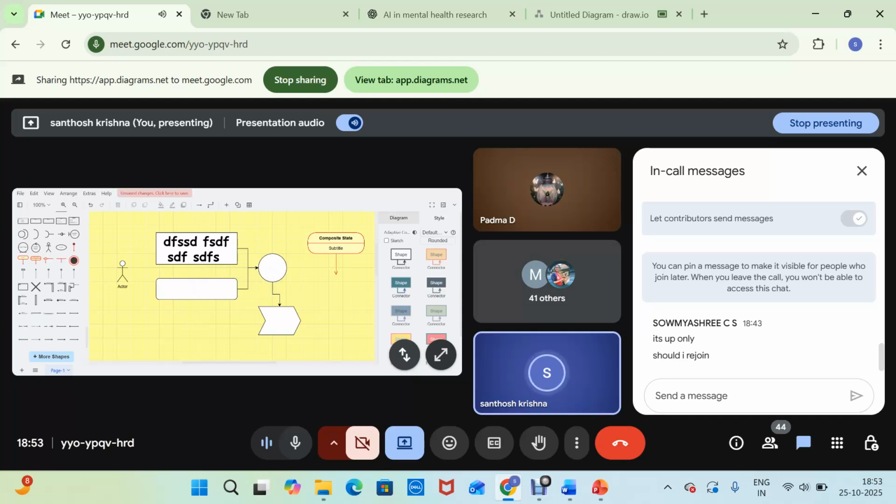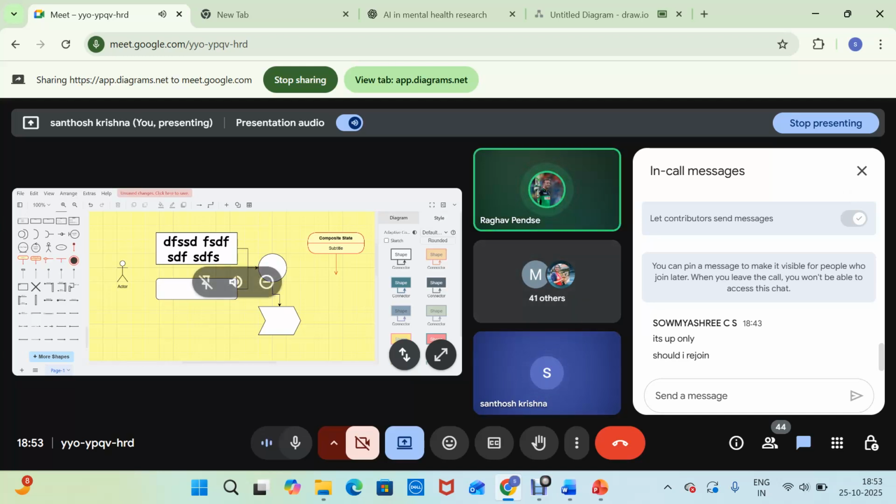We can move on further. Yes, thank you. Sir, can we use images as background? Images as background, even I have not tried, you can try it out. In PPT? Yes, I have not tried it out. Just once you try it out. Okay, I didn't try it out. Okay, thank you.